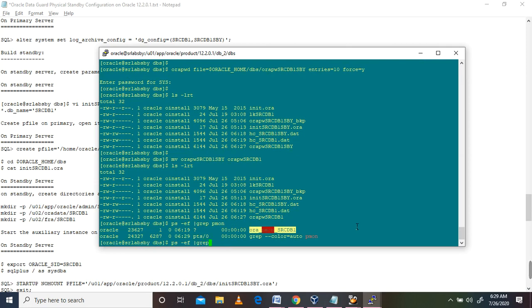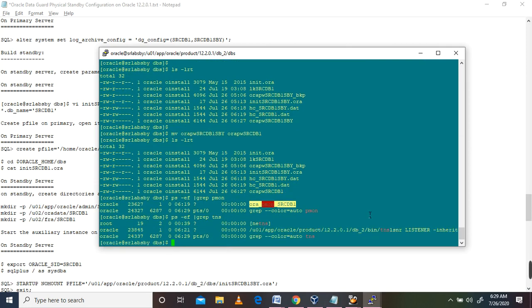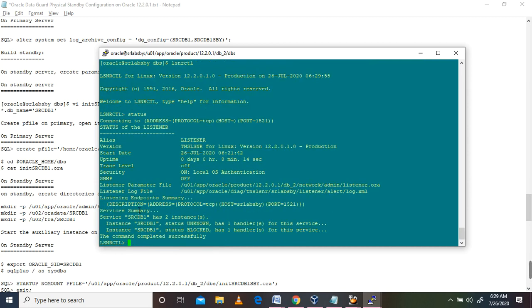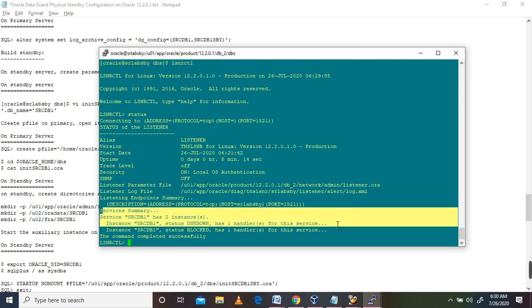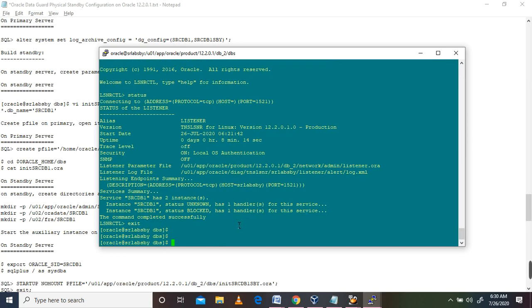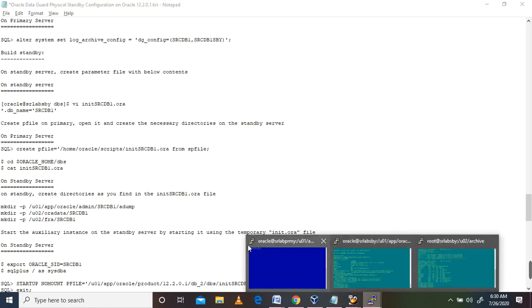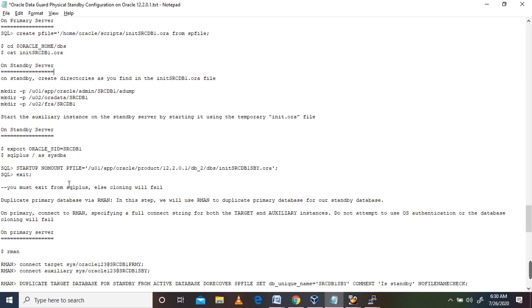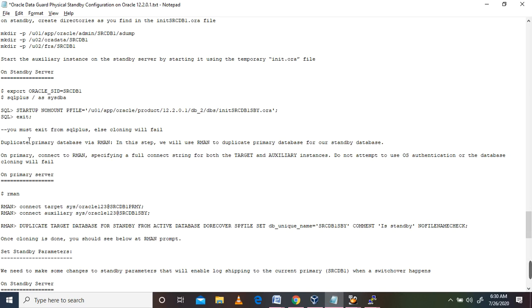So the listener is also running. lsnrctl status. So it's taking the connection, and one is blocked and one is unknown. So coming to here, and I am connecting now. What we are going to do, this step completed. So I have started and exited from SQL*Plus, and I'm going to start the duplication.